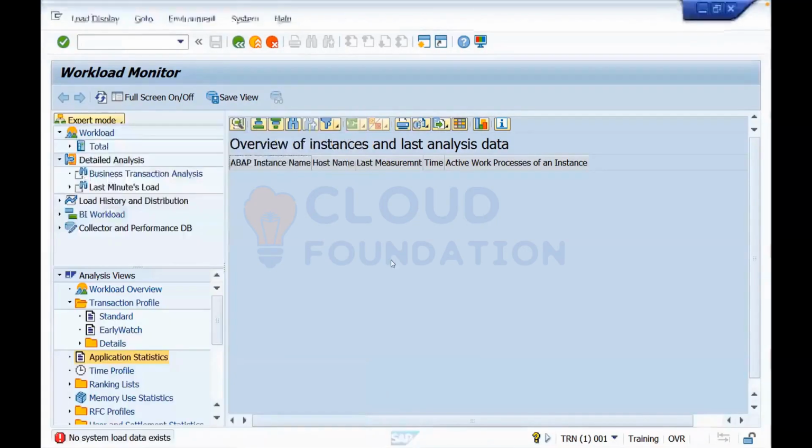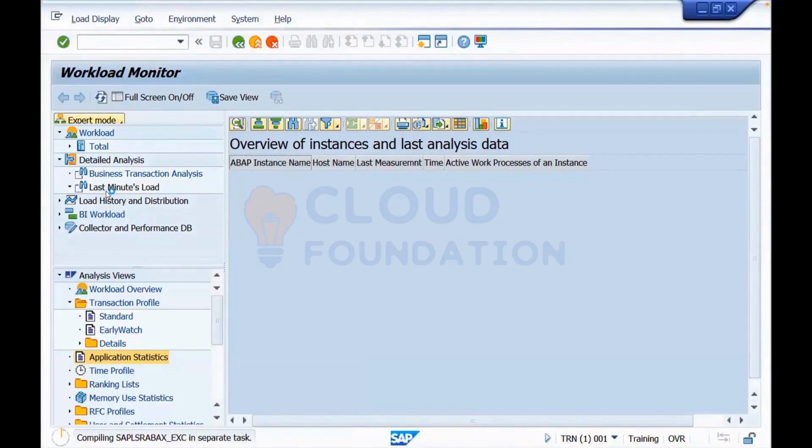You can select with another option. You can see the detailed analysis, last minute load.